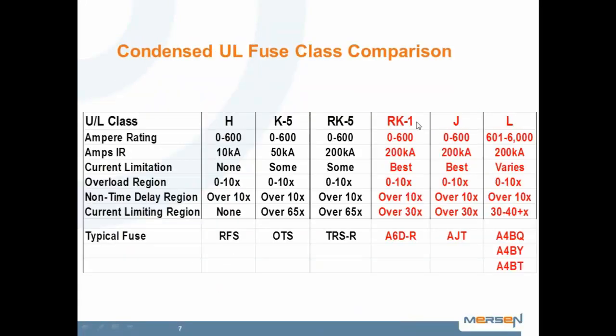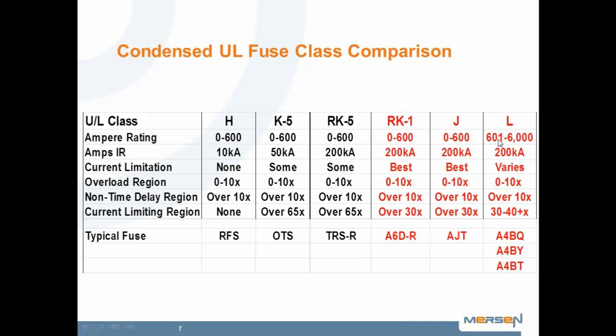So in the recommended fuses, if it's a modern panel, not a power distribution panel, but a control panel, you would often see Class J fuses. If it's a new fusible panel for power distribution, RK1 is the favorite